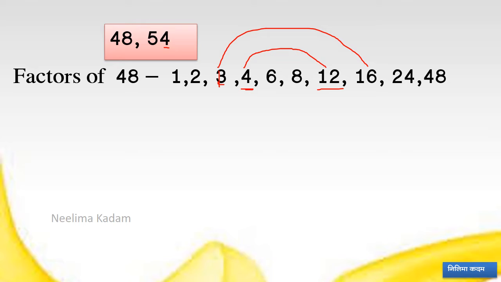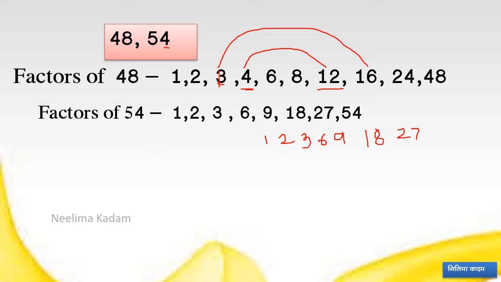9 is there. Then see here, which one we get? 1, 2, 3, then 6, 9. Okay, now 9 6s are 54. 3, so 18 3s are 54. Right? Therefore 18 will be a factor. By dividing by 2, so 27 and 54 1s are 54. See, getting 1, 2, 3, 6, 9, 18, 27 and 54.